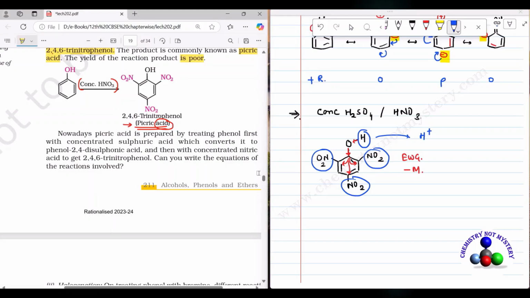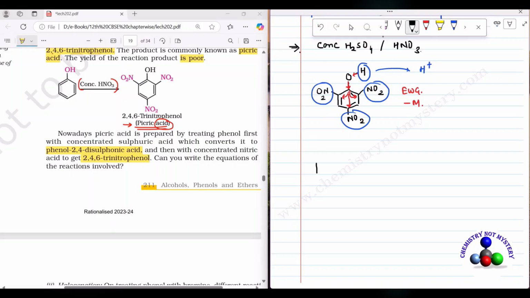Nowadays picric acid is prepared by treating phenol first with concentrated sulfuric acid, which converts it into phenol 2,4-disulfonic acid, and then with concentrated nitric acid to get 2,4,6-trinitrophenol. Can you write the equations for the reaction involved? So let's try to write the reaction involved here. So this is the phenol,